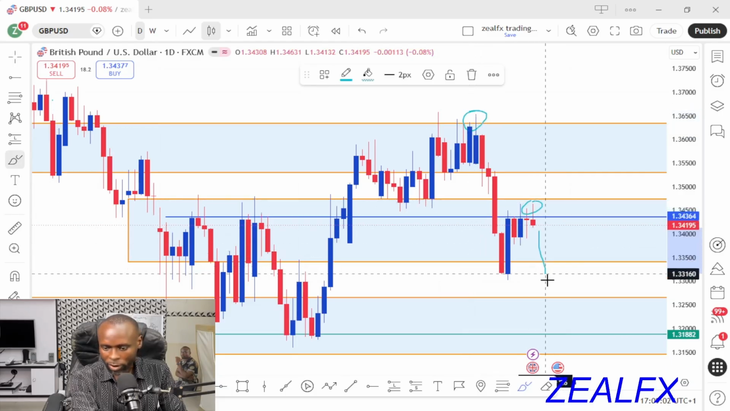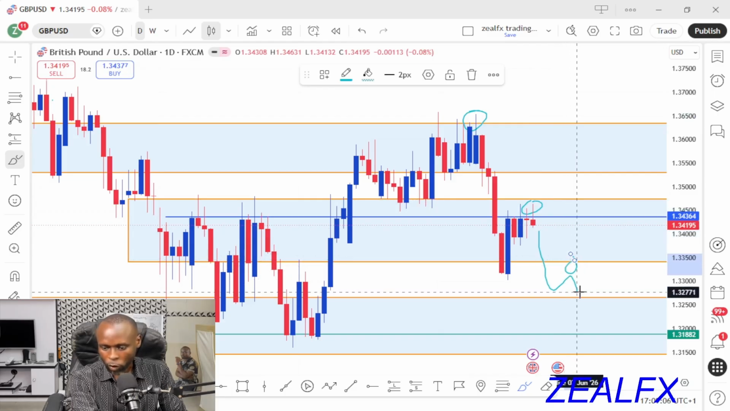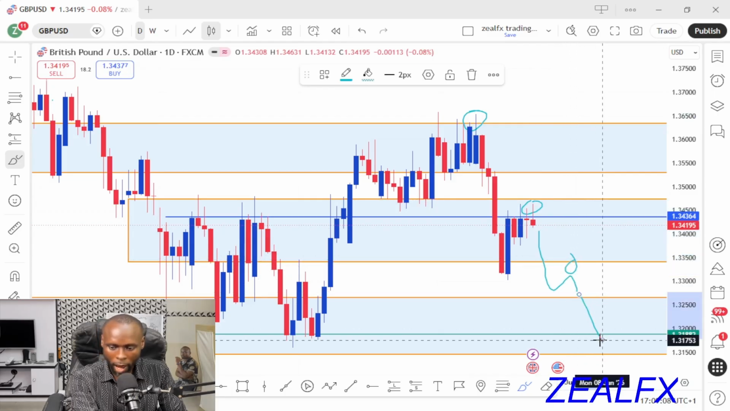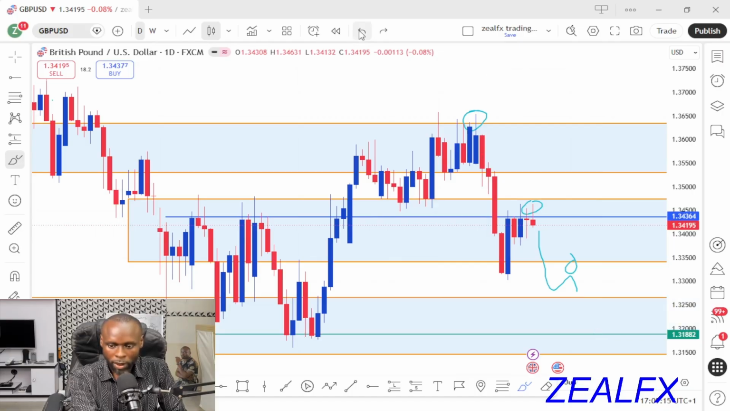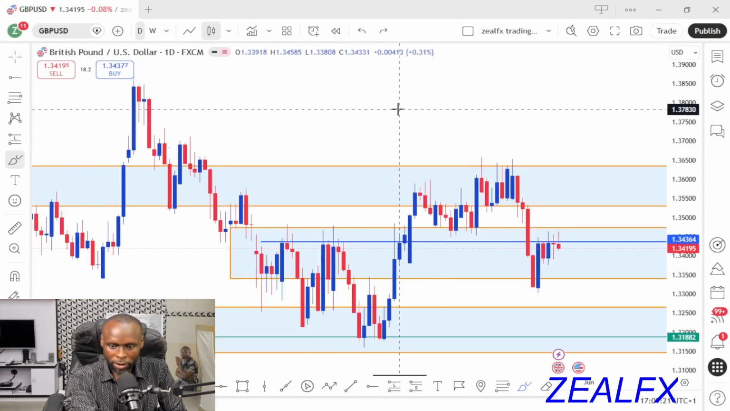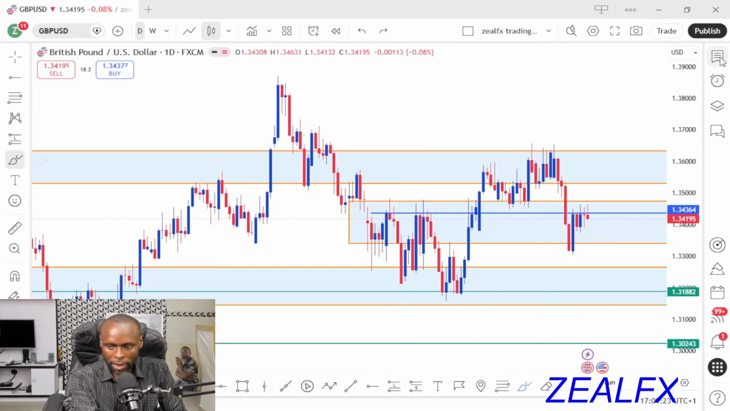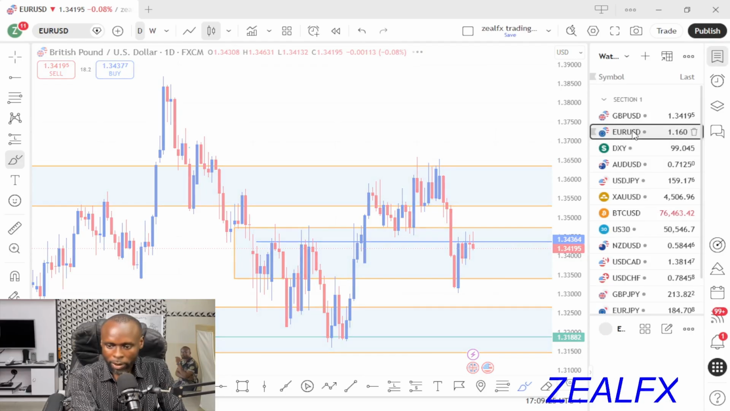Then we can see a break of this level. This might create a lower high, then for price to push more lower. Once you see a series of lower highs, this might trigger a more bearish trend for the GBPUSD to the downside. So this week we are still expecting to look out for more selling opportunities on the GBPUSD. So let's look at the next pair, which is the